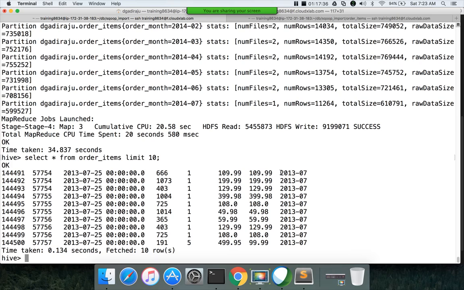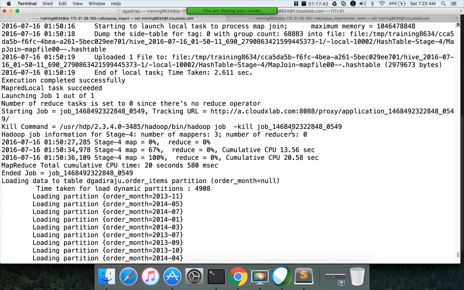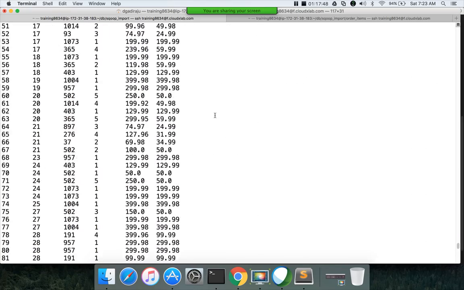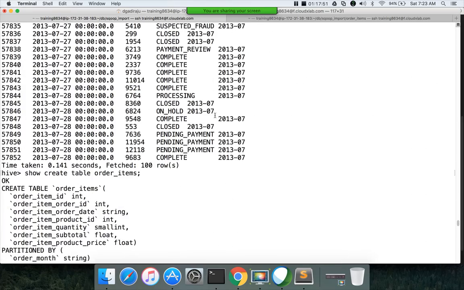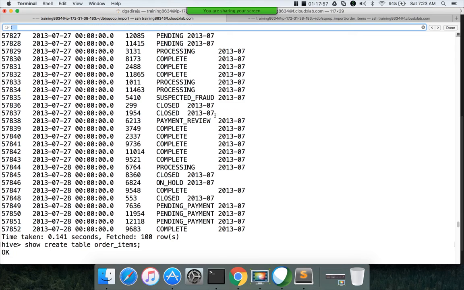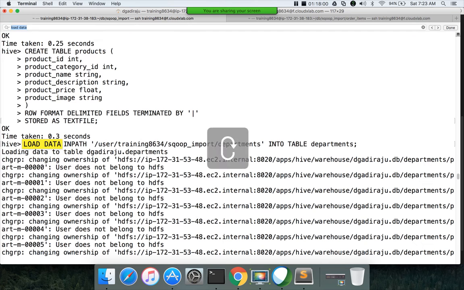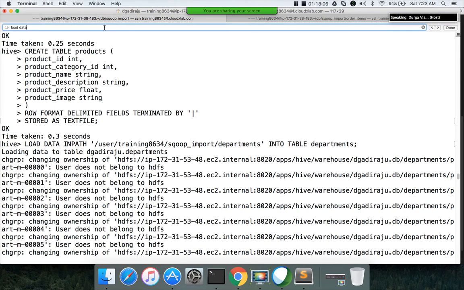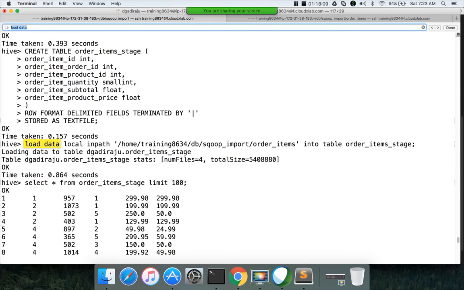Okay, so this is how you can use load and insert. And one more thing you need to understand is when we perform the insert command, it is submitting the MapReduce job. But when we actually use the load command, so when we give the load command like this, we have loaded data from the local file system from the order items directory into order item stage.